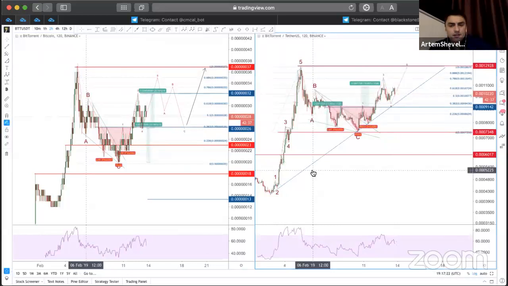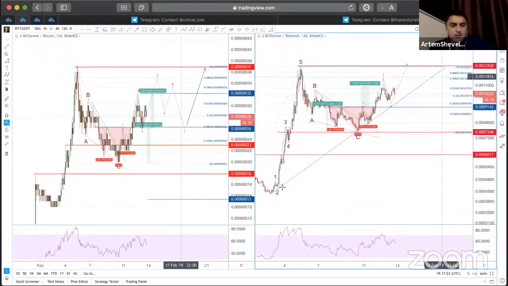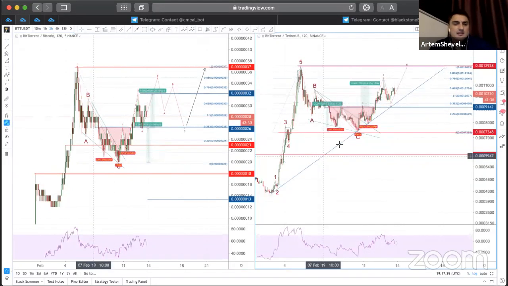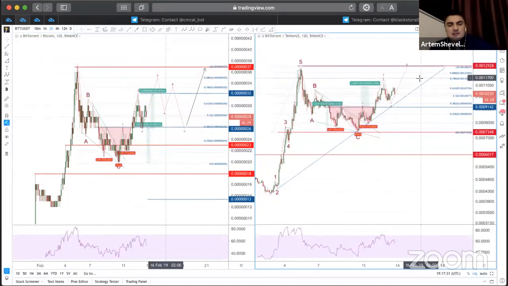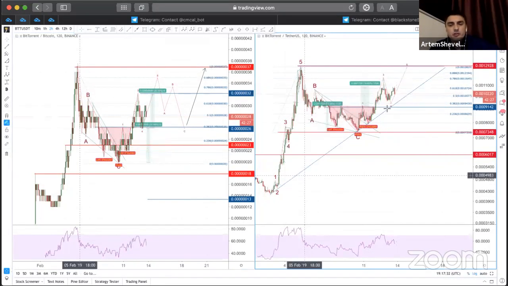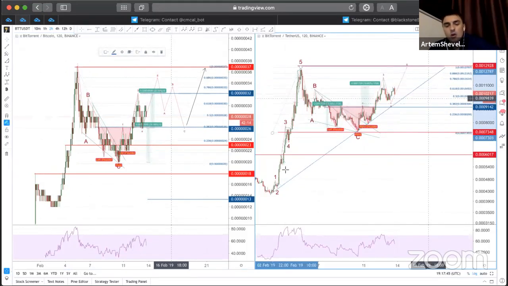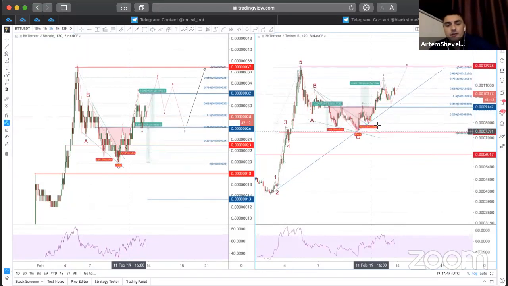And this trend, I mark it with this blue trend line. It's pretty weak. It doesn't look like a good trend right now. At least we need to retest it and reverse from it before it starts moving. So right now it's not a strong trend, so again, don't use it as a trade opportunity.